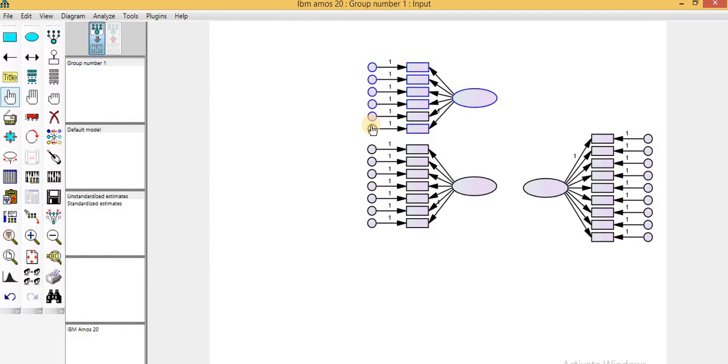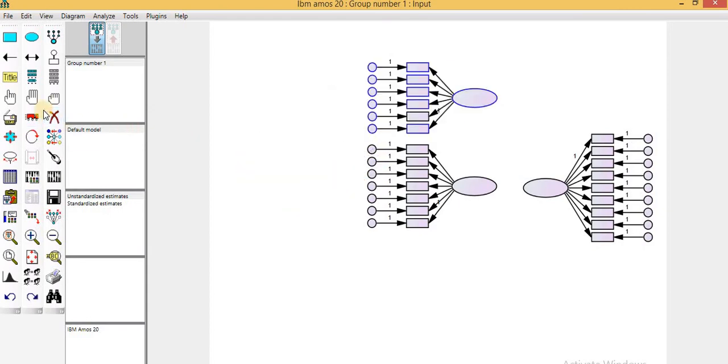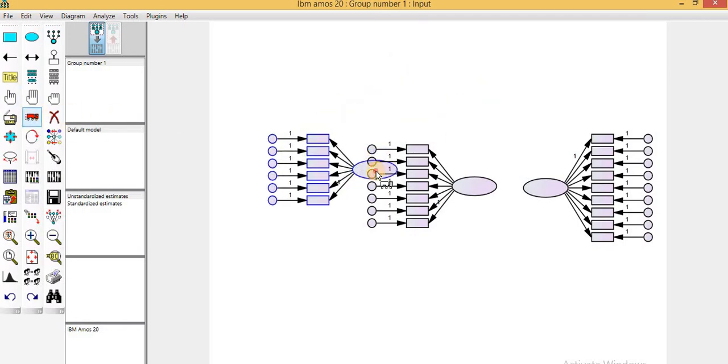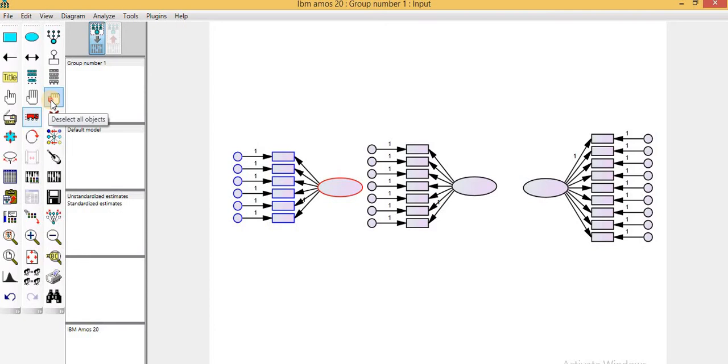So I am going to select one by one, and then relocate the variable. Sorry, one of the error terms was not selected. Then I am going to reshape them here, and finally deselect all, and then select one by one.